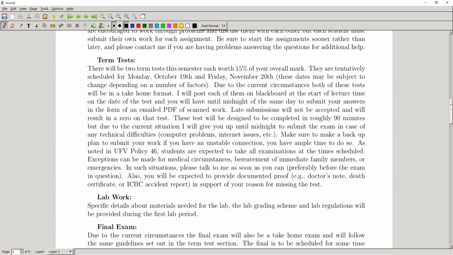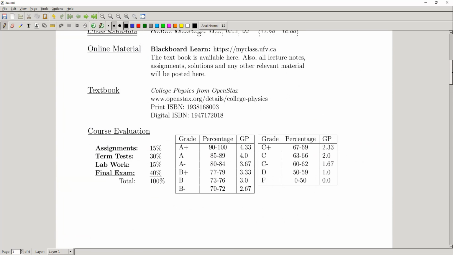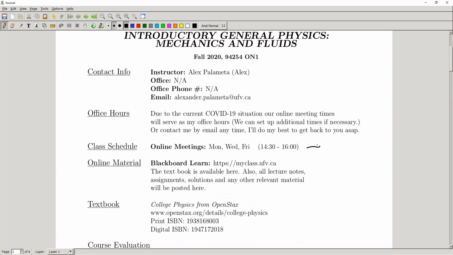And the way that the term tests are going to be working, because of the current COVID-19 situation and the fact that this has become a totally online course, they're going to be take-home tests, right? So the way it's going to work is I'm going to post the term test on Blackboard at the start of our lecture period. By lecture period, I mean our online meeting period, shown here again.